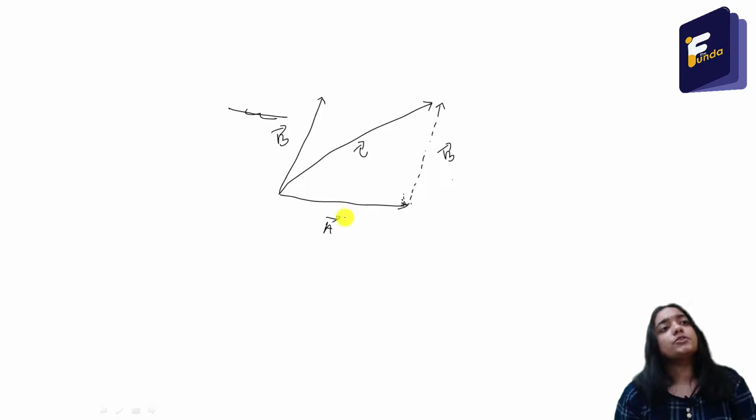What if I shift A vector also? If I shift both A vector and B vector, then what will happen? So if I shift A vector here, it will become like this. Okay. So now the whole figure that you can see,